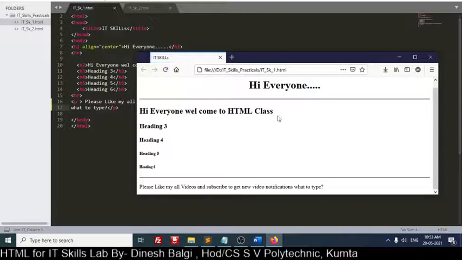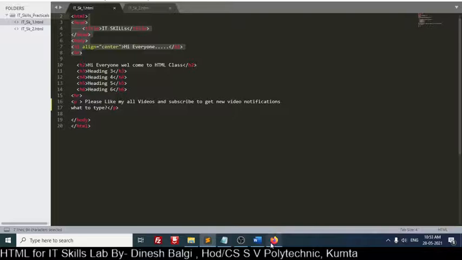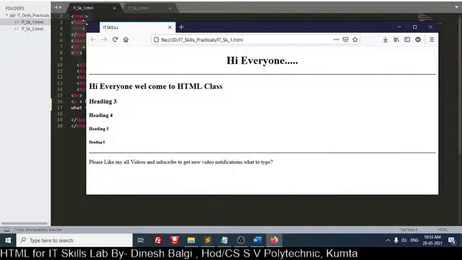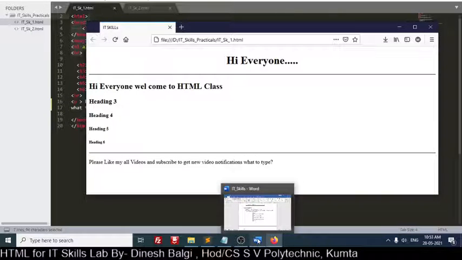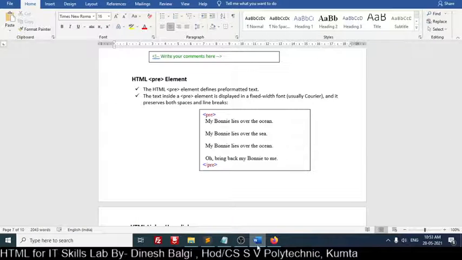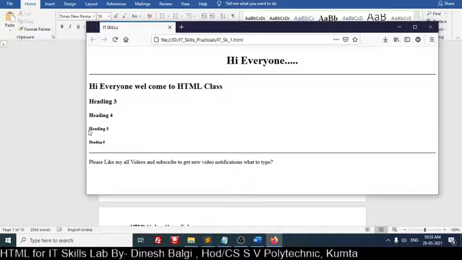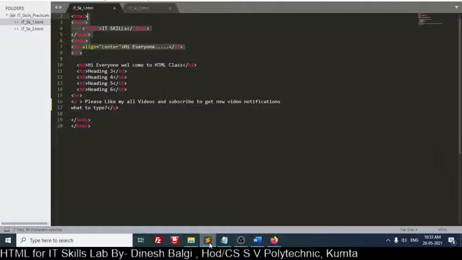This is my HTML text, you can see here. In case I want it in multiple lines, I have to put a break in between. Instead of that, I can use one more tag called pre. So the same concept, I want it next to each other. Here I will put it into the pre tag.